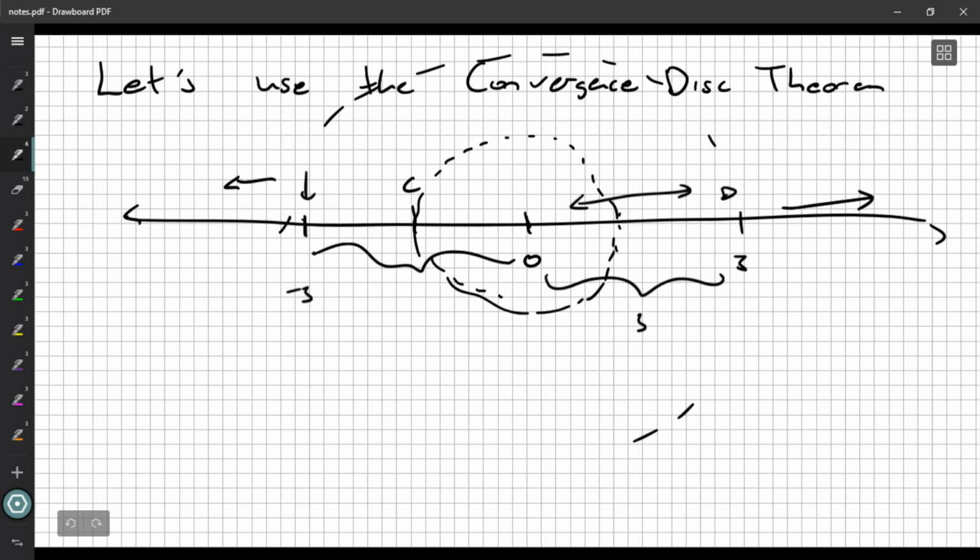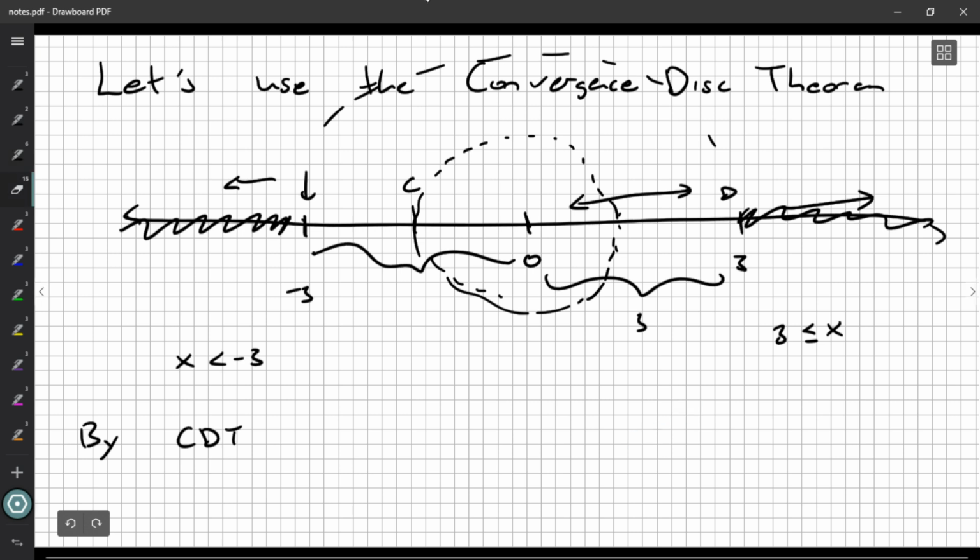But we know anything further will also diverge. So, these are values of x that are less than negative 3. Convergence disk theorem says your power series will also diverge there. And anything greater than 3, now we also know it diverges at 3, so we can say greater than or equal. Okay. So we can say by the convergence disk theorem, or CDT, we might abbreviate it,